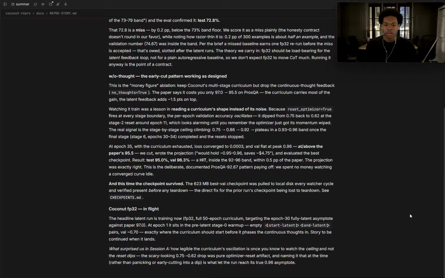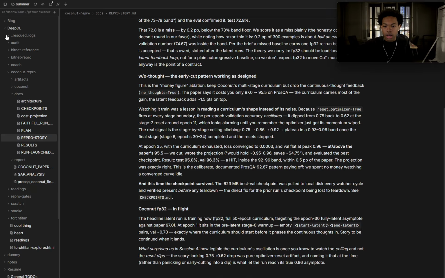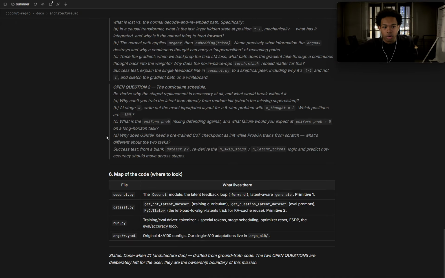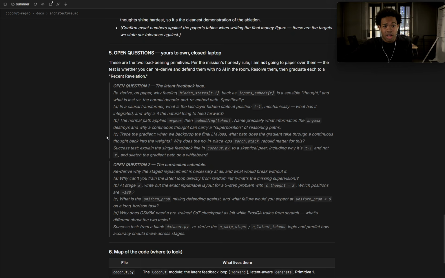Our focus for the weekend is from the architecture MD. I would really like to get into that. I think we're committed to Coconut. I want to see Coconut through. Coconut's gonna be the first thing I reproduce. I'm gonna be so excited to try to do that. I don't know how long that will take.